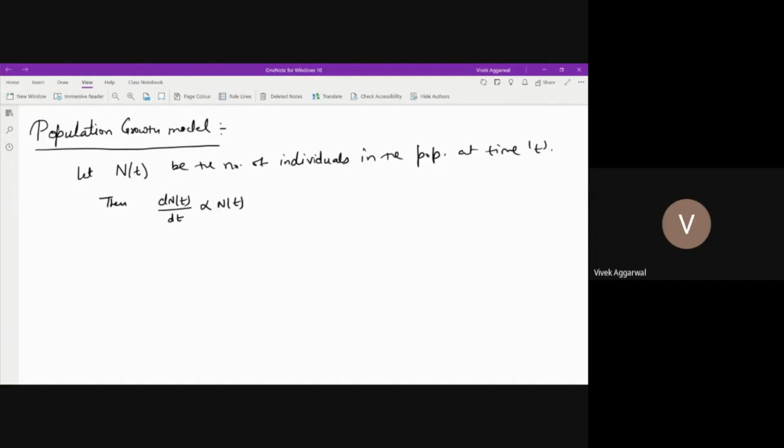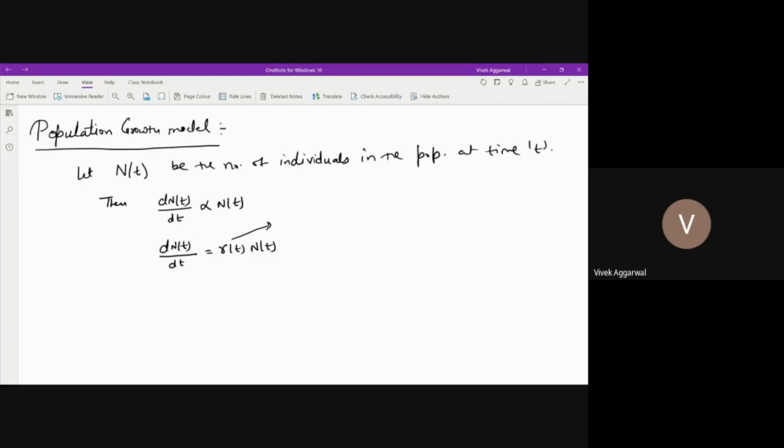If we have an ideal condition, meaning there is no disease and other things involved, then I can write dN/dt as r(t) N(t), where r(t) is the constant of proportionality.